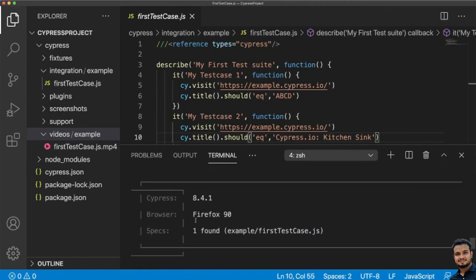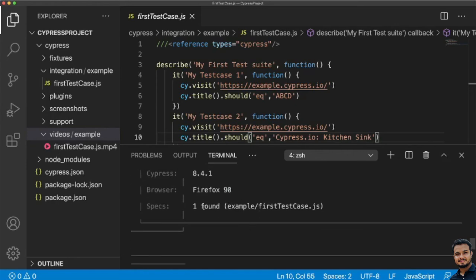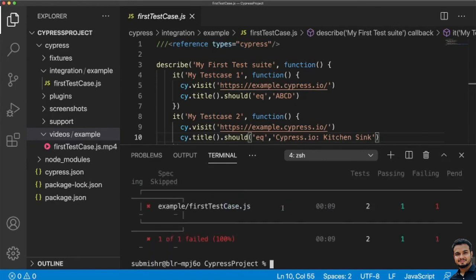Here you can see the browser we have used is Firefox 90 and this is the spec file, and you know the result, right? One test case passed and one test case failed. Okay, so these are the different ways how you can execute your test cases from the terminal.